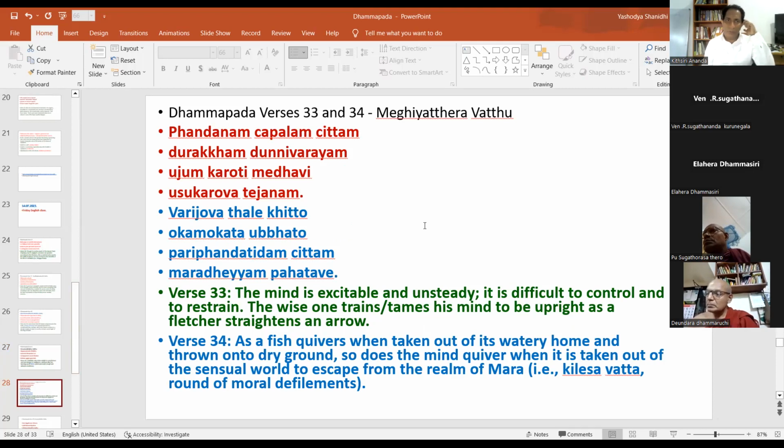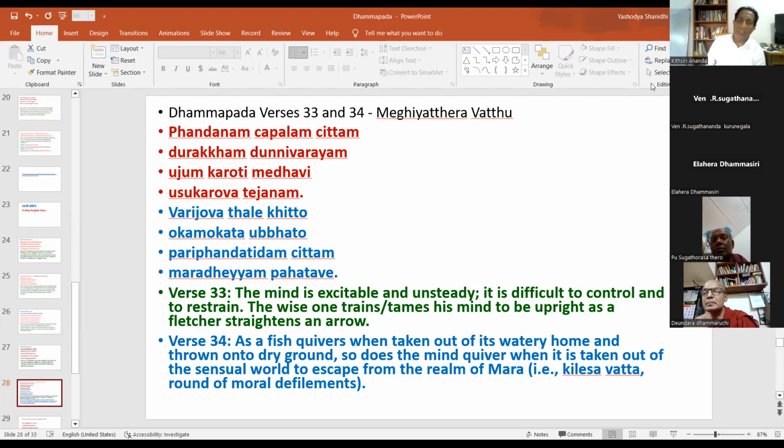Pandanan chapalan chittang durakkang dunnivarayang ujung karoti medavi usukarova tejana. The mind is excitable and unsteady. The mind is flickering, shaky. And durakkang dunnivarayang, it is very difficult to control and restrain. Very difficult to control and discipline. Ujung karoti medavi. The wise one made the mind straight. Because the mind has a tendency